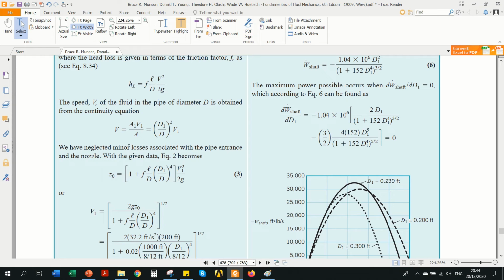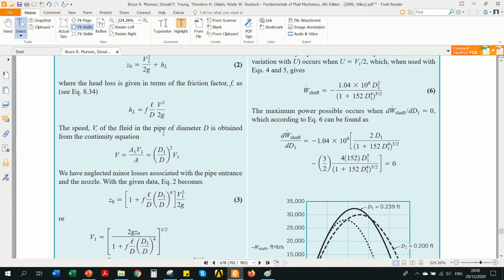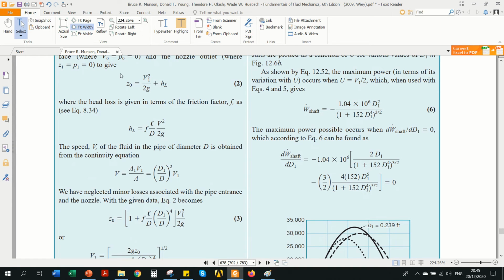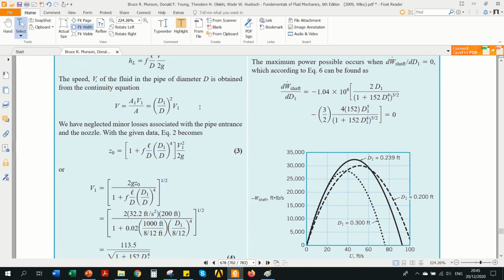We have neglected the minor losses as indicated in the statement given. So given the data, equation 2 becomes, when we combine these equations, we put the values of the velocity and the head losses in equation 2, and then equation 2 becomes like this,